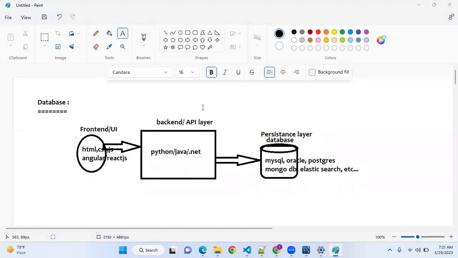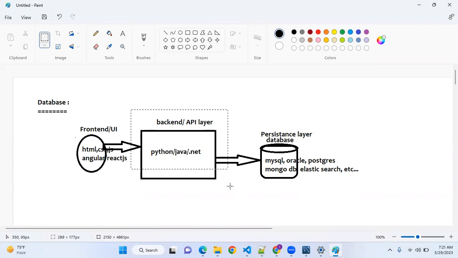Now, why I'm drawing this diagram is that whatever you have learned till now is useful for focusing on this particular layer. We have been working on this layer only. If you want data, you might be taking data from console input, from files, or from local variables. You have been doing that and writing a lot of examples using Python, but that's not done yet, right?